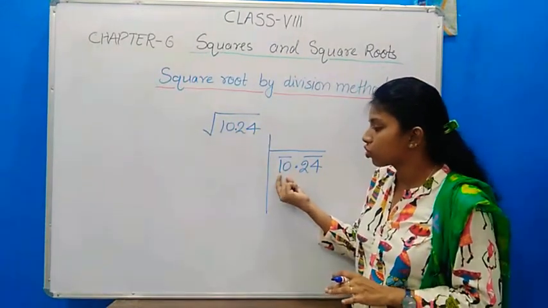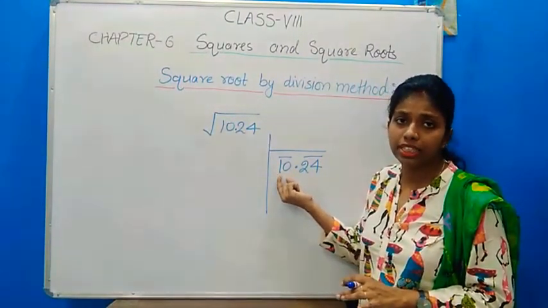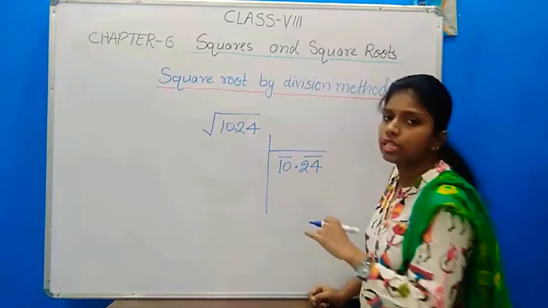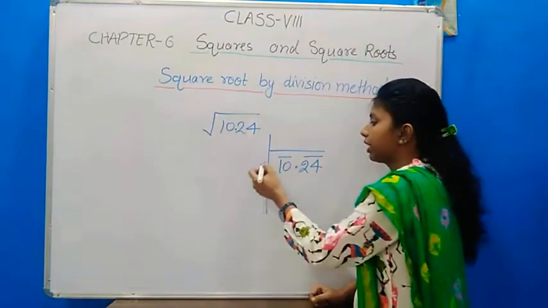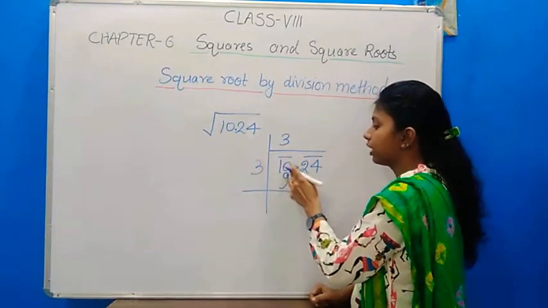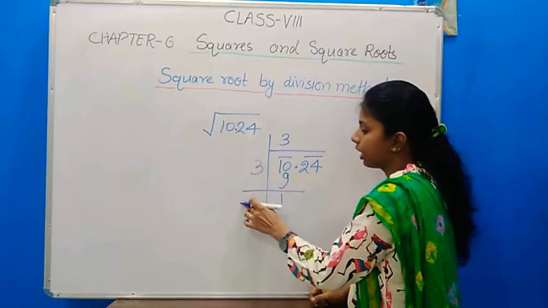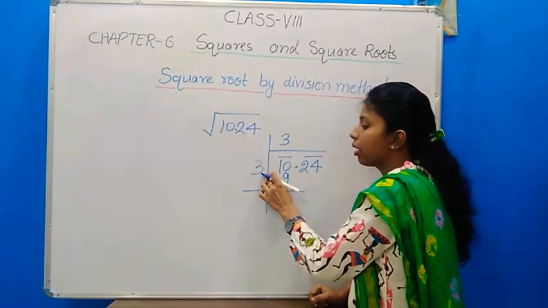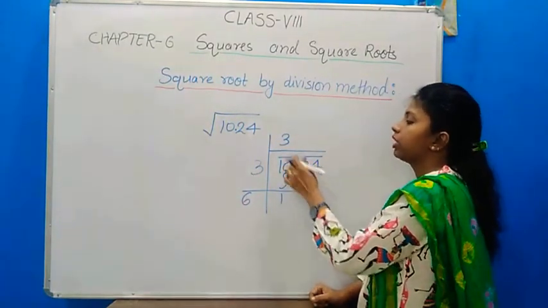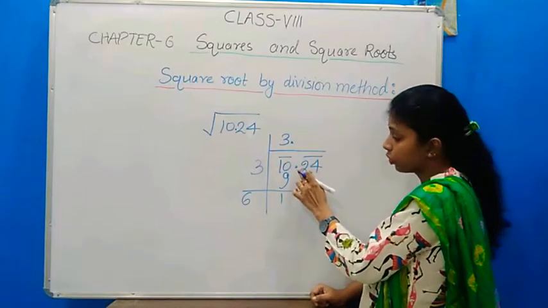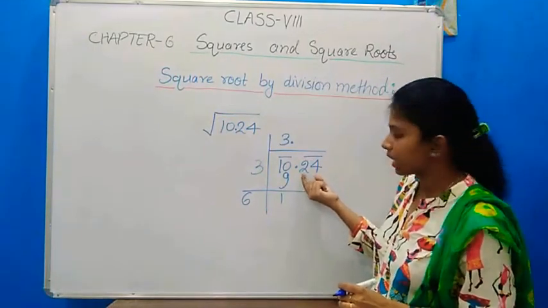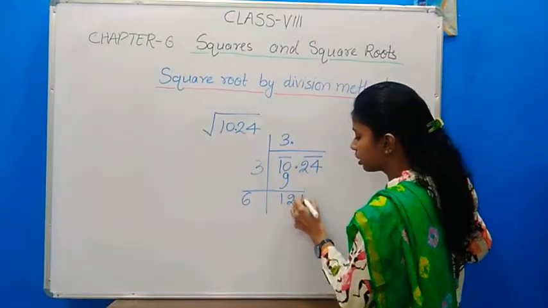First we are going to solve this bar number, that is 10, which is present at the leftmost position. So we are going to take a number whose square is less than 10. What can we take? Of course we can take 3. So 3 times 3 is 9. Let's subtract it. 10 minus 9 is 1. What do we write here? We are going to double the number. Double of 3 is 6. Now we have a decimal, so we are going to place the decimal point here. After that we are going to put down the next bar. The next bar is 24, so we are going to put down this 24.